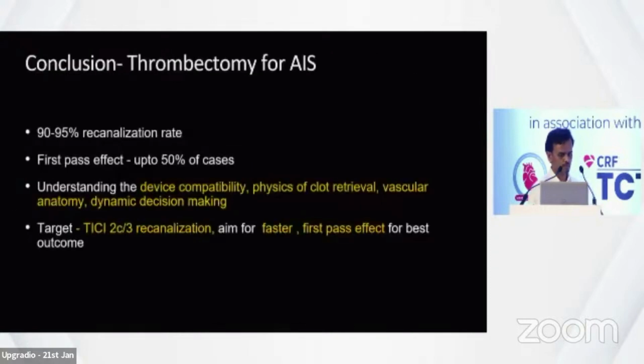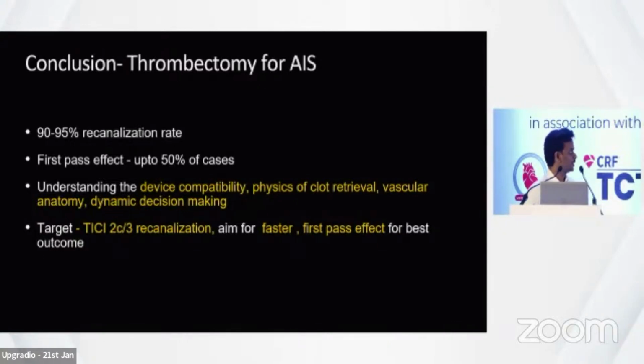And to conclude, we should understand that a recanalization rate of up to 90-95% is now described, but it won't transfer into clinical outcomes. Maybe a 20% difference will be there if you select those patients properly. So a 90% good technical outcome may transfer to a 70% clinical outcome. And a first pass effect in up to 50% of cases is possible now. The better the first pass effect we get, the better the chance of clinical outcome, if you are choosing